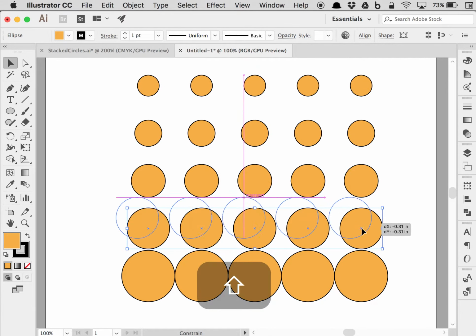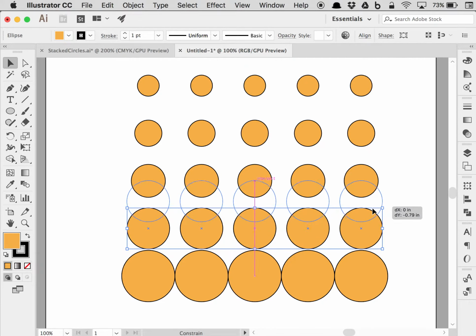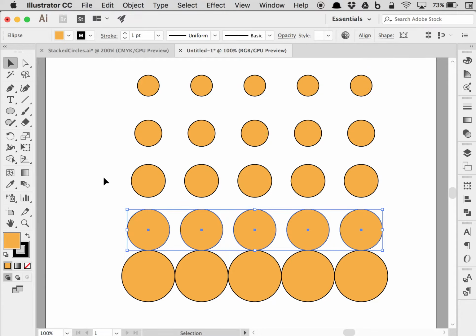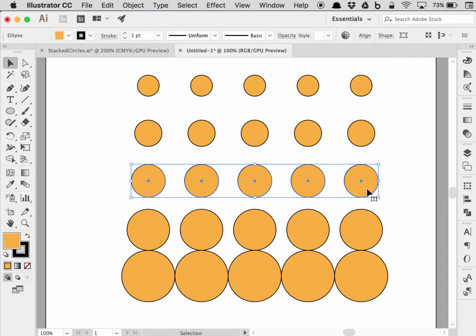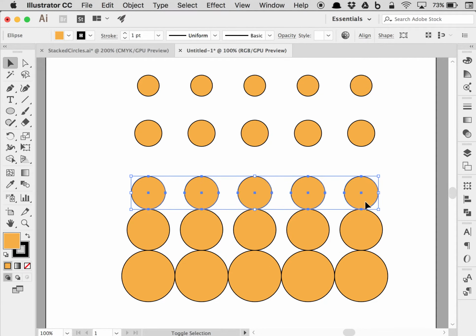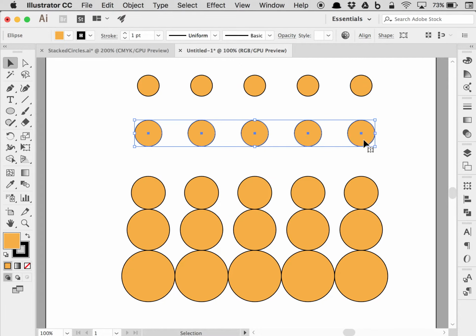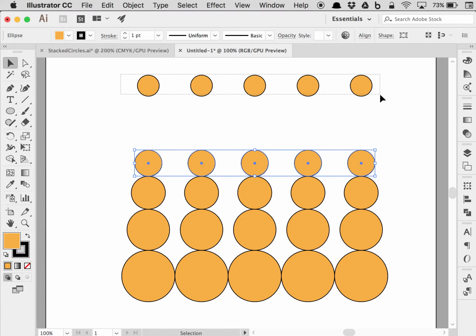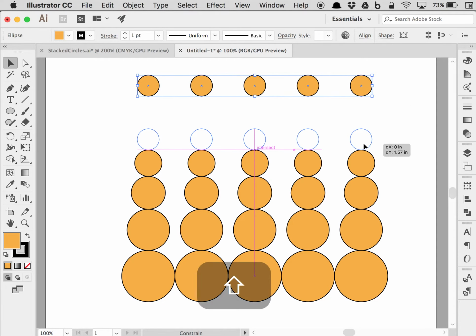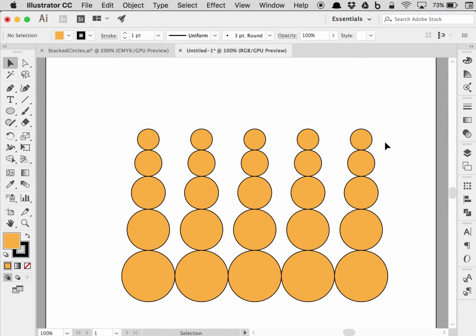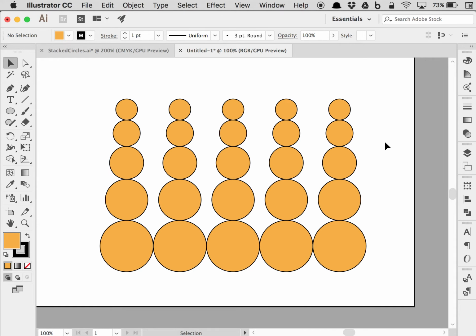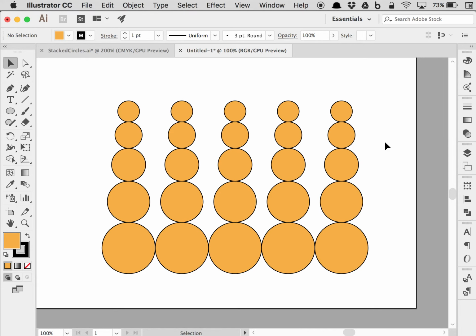As I move them, I'm going to hold down Shift so that I constrain the movement direction until it says they're intersecting. Drag over all the next ones, move them down, holding Shift, grab all of them, move them down, holding Shift till they intersect. Do it one last time for this last row, and now we've got this stack of reducing circles, all aligned along their centers,